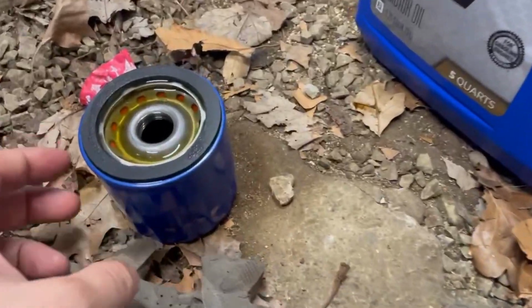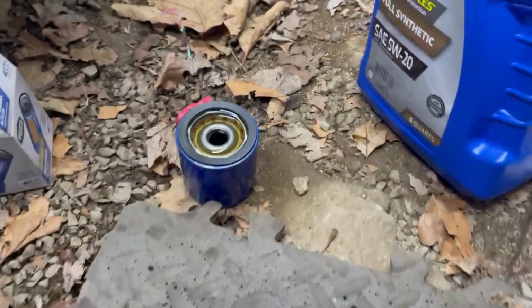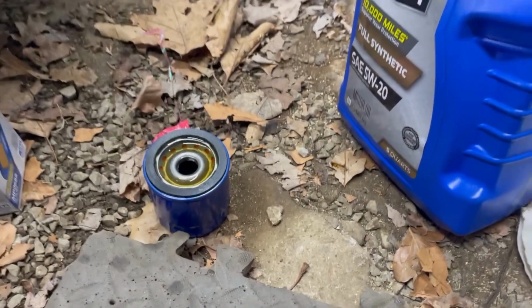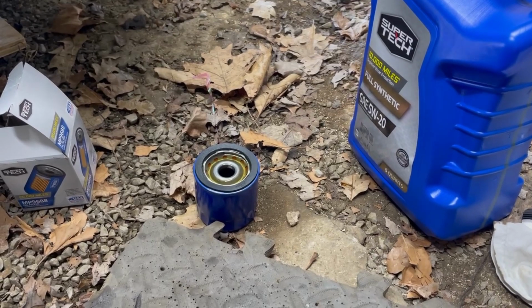Next thing I like to do, if I can, get some oil in your filter. Fill it up as much as you can without making a mess. Lubricate your seal here with some oil. Now we're ready to stick it on. Okay, so just got it started. It's not hard. You can get your hand right in here and just,